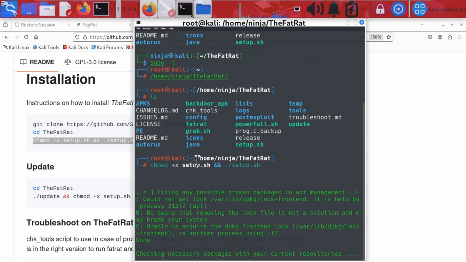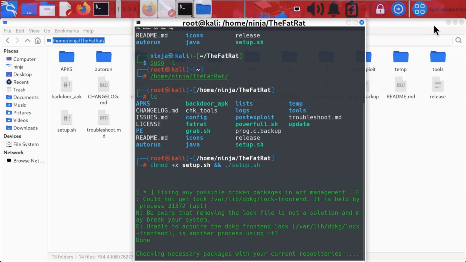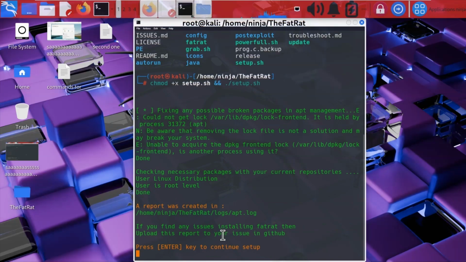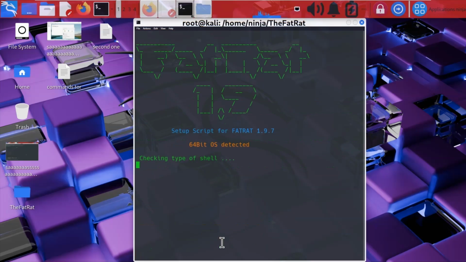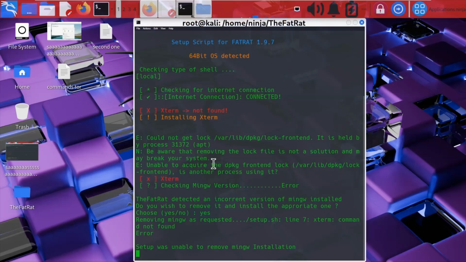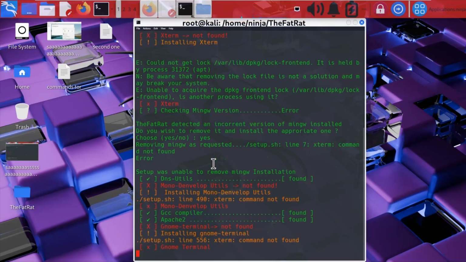The fat rat is now fixing any possible broken package in apt management. Press enter key to continue the setup. And here you're gonna find the missing units and the packages that didn't install. So if you can't install it, you can install it manually, or you're gonna repeat this process many times until